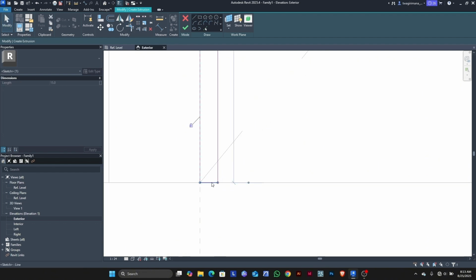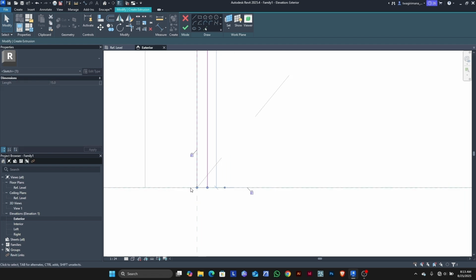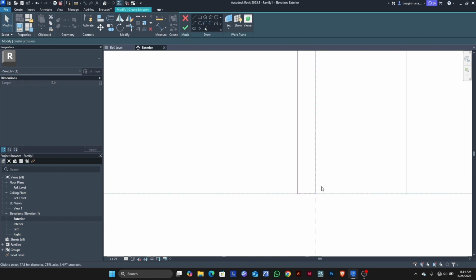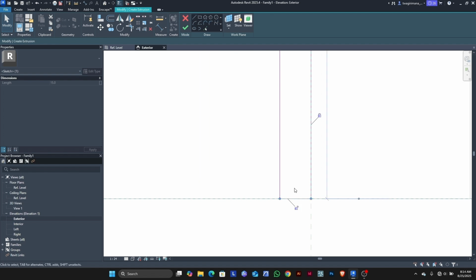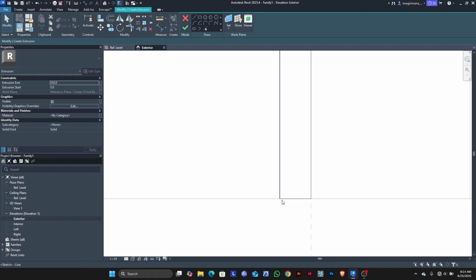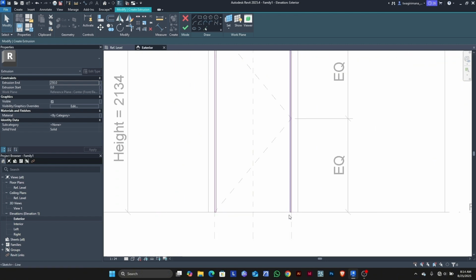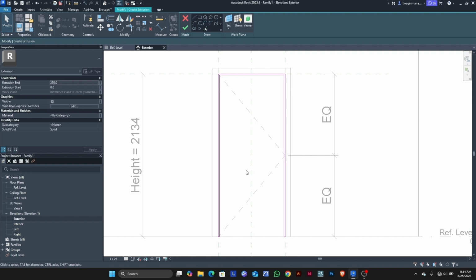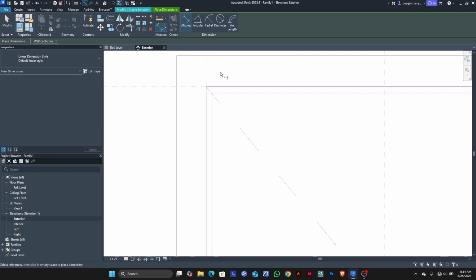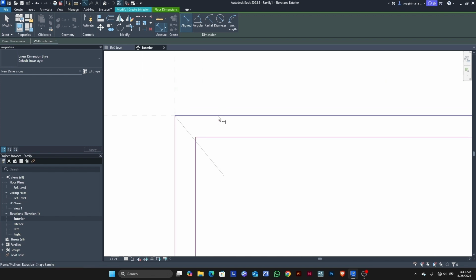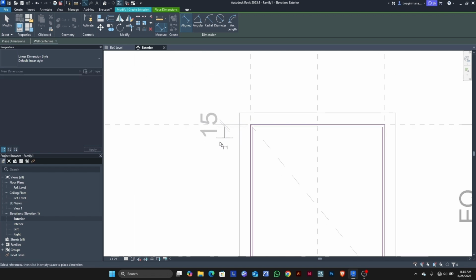Okay, then I will simply lock these boundary lines. Okay, lock them down at the bottom reference plane. Okay, then the next thing that I want to do is to lock the thickness of this frame by 15